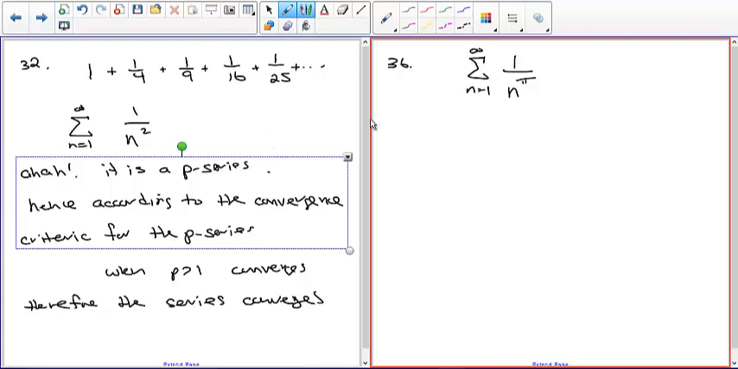So basically the same thing. I'll leave the aha off. Say this is a P-series, hence according